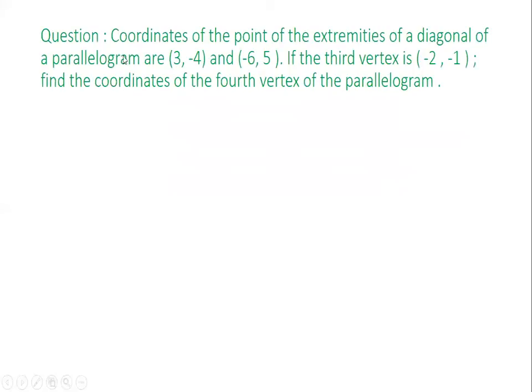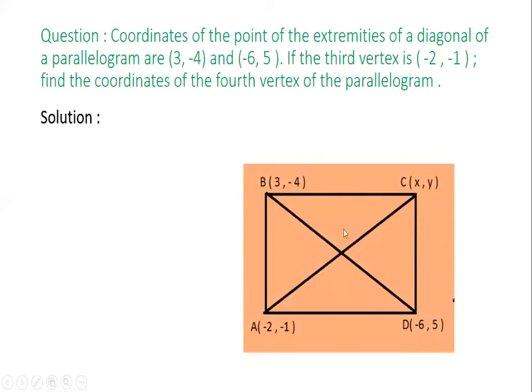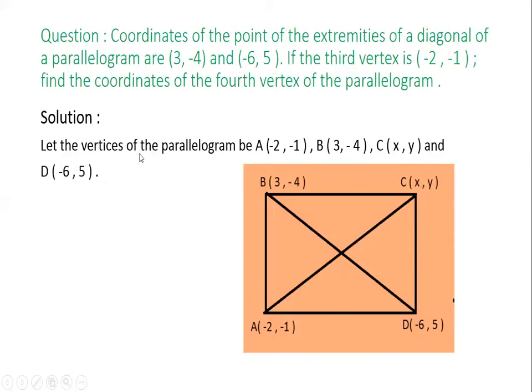Another problem. Coordinates of the extremities of a diagonal of a parallelogram are 3, -4 and -6, 5. If the third vertex is -2, -1, find the coordinates of the fourth vertex of the parallelogram. At first, we draw this figure where the coordinates of A, B, C, D are given. Let the vertices of the parallelogram be A -2, -1, B 3, -4, C x, y, and D